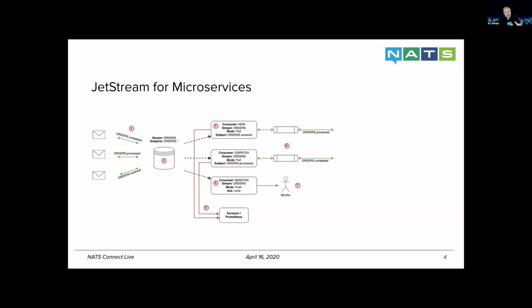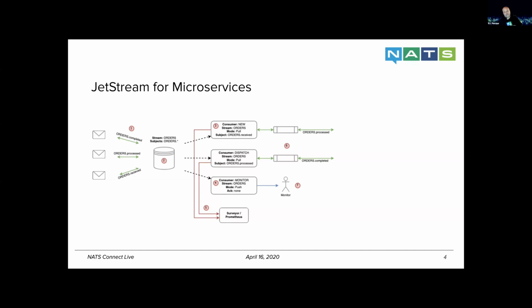But it's a pull-based thing, and this is really nice because you can scale up horizontally by having 20 or 30 or 40 of these microservices handling incoming orders, and they will just pull it as they're ready. In other words, we don't do the round robin, or we don't have to do the random selection or the least weighted traffic, etc. The microservice decides it's ready to receive the next order, and it pulls it